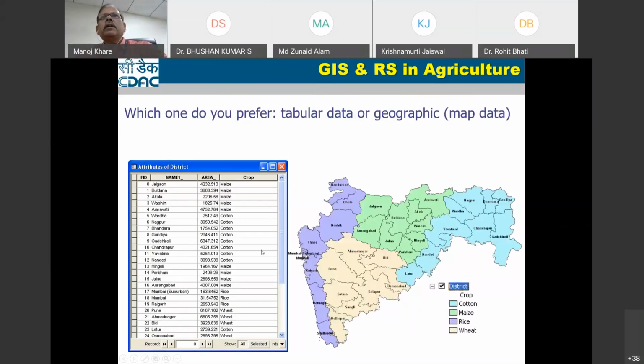You can see the difference in the geographical data immediately. Okay, this area is beet dominated, this area is maize, this is cotton, and these are the areas where rice is grown. So what you are preparing is map data. That is the beauty of GIS. In one picture itself you can see the state of your entire state.